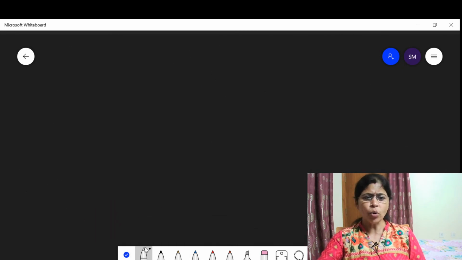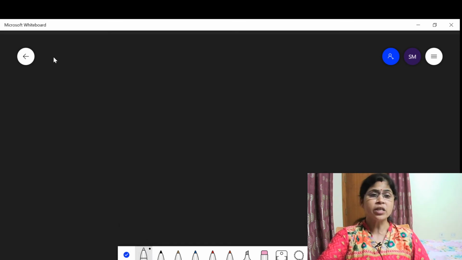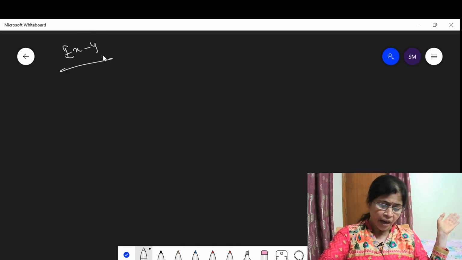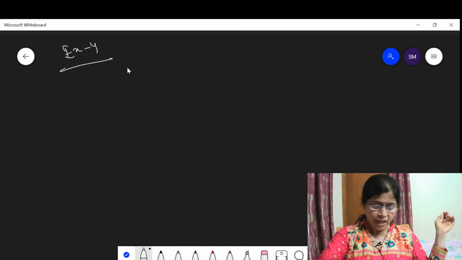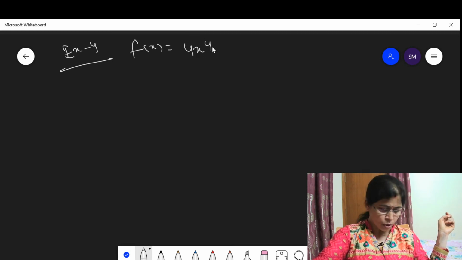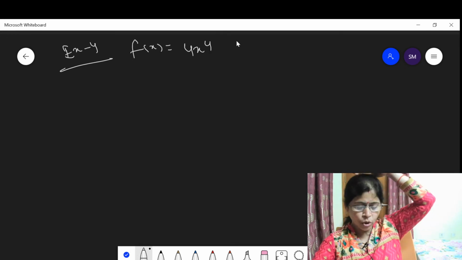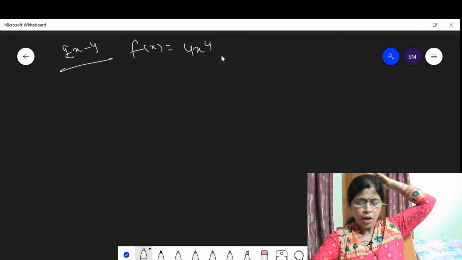I have already told you this 2.0 series will be of a different level, in which I will practice rigorous problems. Now let us discuss example 4. When we practice a variety of questions, it will be easier for you to attempt any question. Here the question says that what must be added to f(x), which is given as 4x